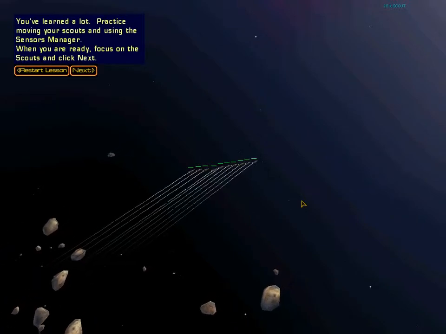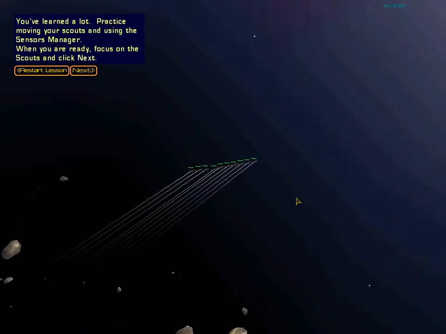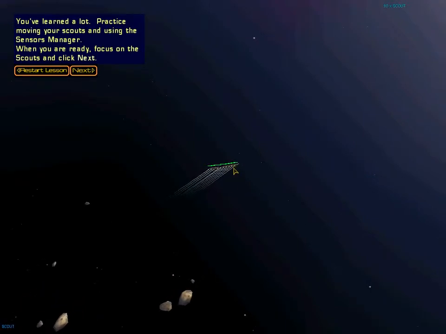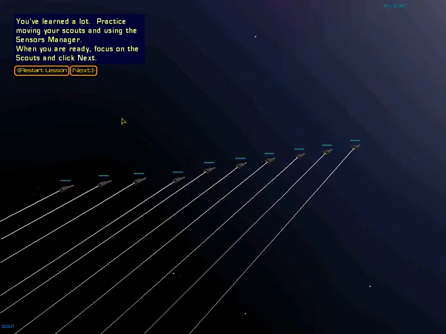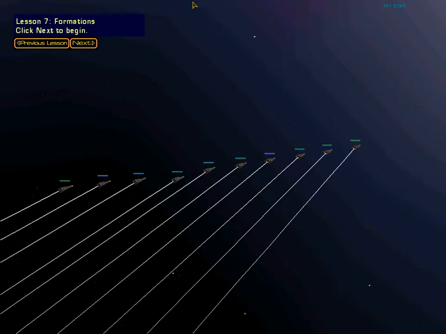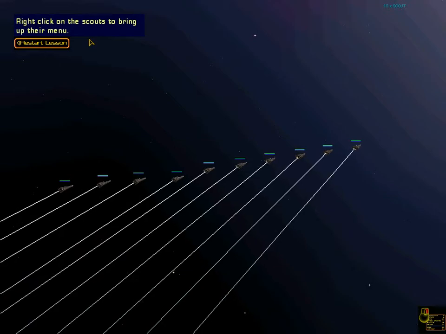You've learned a lot. Practice moving your scouts and using the Sensors Manager. When you are ready, focus on the scouts and click Next. Lesson 7. Formations. Click Next to begin. Right-click on the scouts